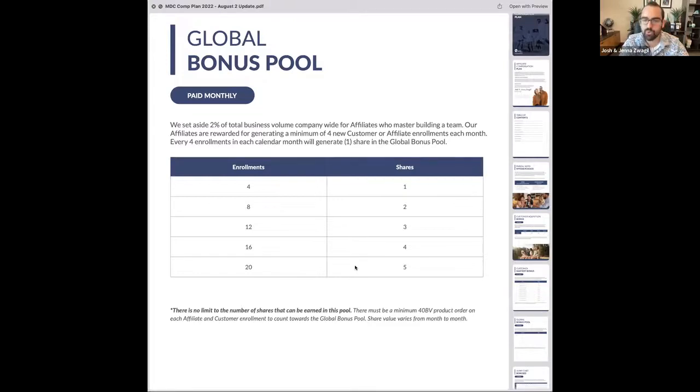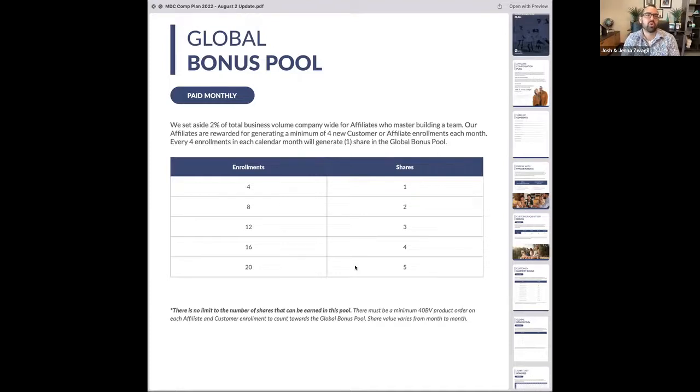And what's crazy about this pool is last month, the shares were worth a little more than $60 per share. So somebody that is doing heavy customer acquisition, or they're going wide, they're recruiting a lot of people, they're building up these shares like crazy. I'll give you an example. One lady on the leaderboard last month had like 46 shares in this pool. So her commission from the global bonus pool is going to be like $2,400 because,